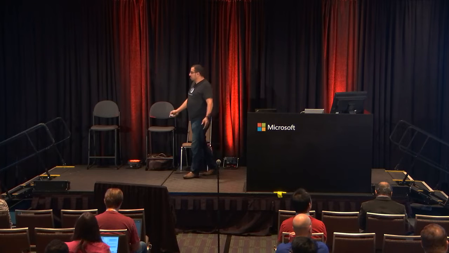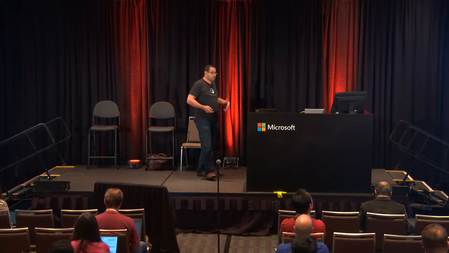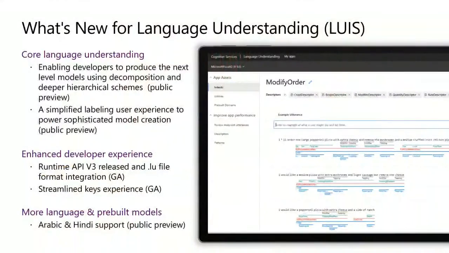The intent of natural language understanding is to extract intents and entities, or elements within your text that are machine processable, so you can take these and feed them into logic, such as in conversational systems. So what's new in LUIS? This Ignite, we're announcing a few updates that are based on feedback we're receiving from our users, to help them improve their ability. We bucketize them into 3 buckets. The first bucket is about the core language understanding. To that, we are improving your ability to do more sophisticated models by increasing the hierarchical decomposition and depth of the structures you can encode, and allowing you to feed intents and entities or models into each other. That might sound very complicated, but I'll run through explaining some of that.